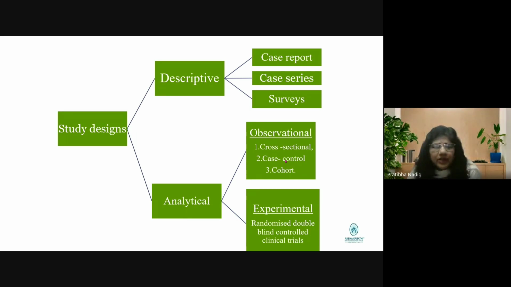Or supposing you want to study CKD in diabetics, CKD in diabetes is the case, CKD in non-diabetics is the control. You can definitely get retrospective data and do that. Cohort is a small group of patients, and then you follow them up for some time. Generally, it is a prospective cohort, but there are other classifications. This is a very simplified